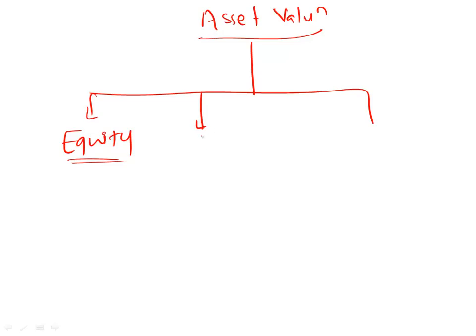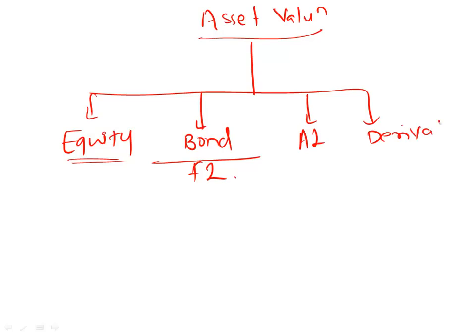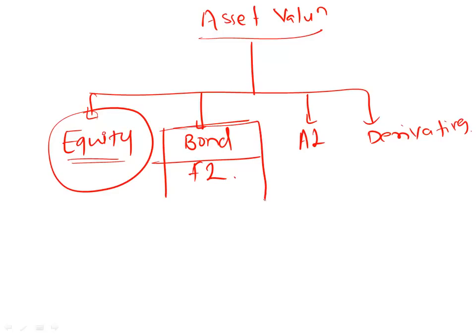The next one that we will be studying from today is bond markets, or we will also call this fixed income. You will have to study alternative investments and derivatives. So these are the next 2 types of asset classes. Okay. Now we've already done equity, which basically helped you figure out how you find the intrinsic value of an equity share. Now the next subject that we are starting today is going to be about bond markets or fixed income